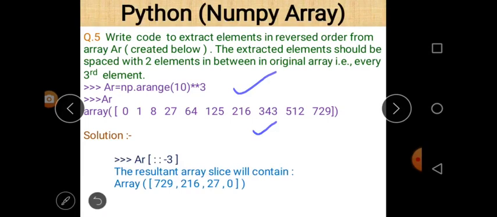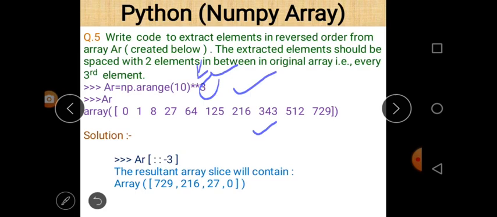And there is the arange function. The arange function is used in this question, and the power is 3. Power 3 is used because the double asterisk symbol represents power. So 10 power 3, starting from 0 to 9.